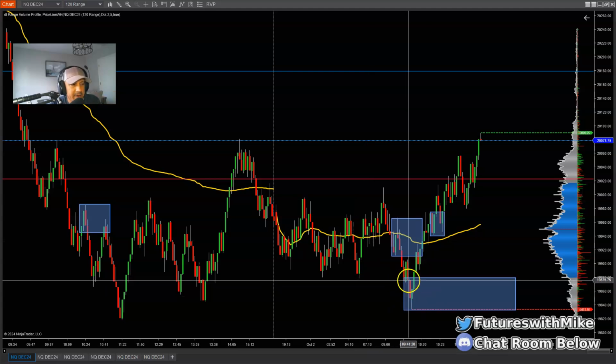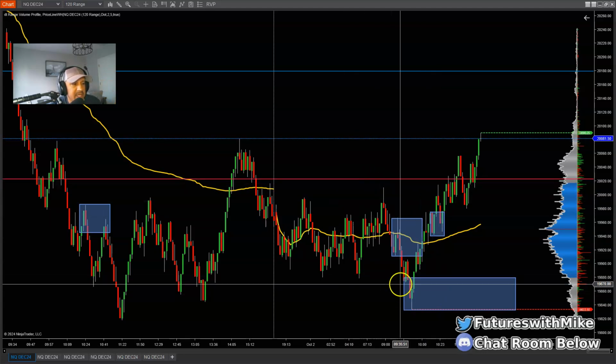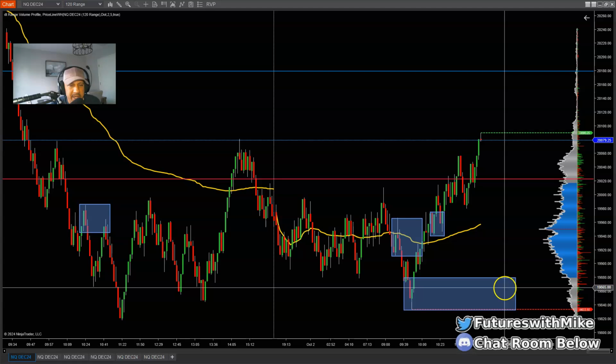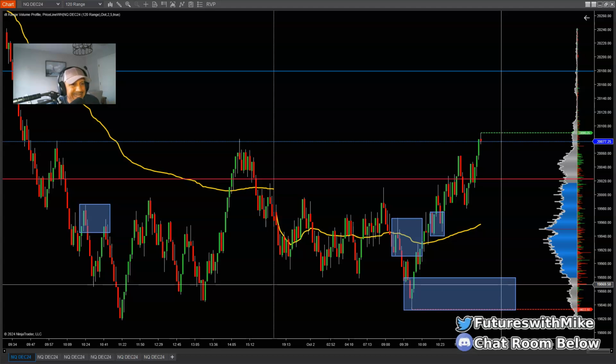Now, there is a demand area resting below here. Once we get a structural break back to the upside, as you see here, breaking above these highs, this is a valid demand area. Now the market didn't come back to it yet, as you can see. And it could take some time for it to come back, but I'm going to pay attention over time